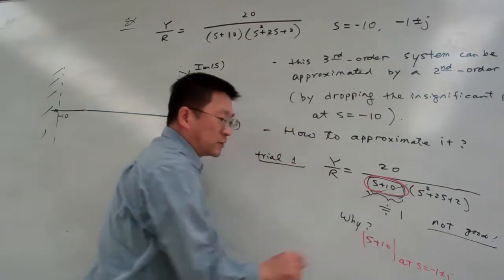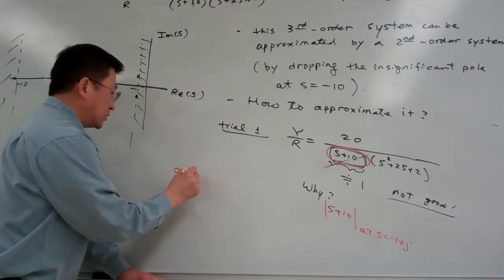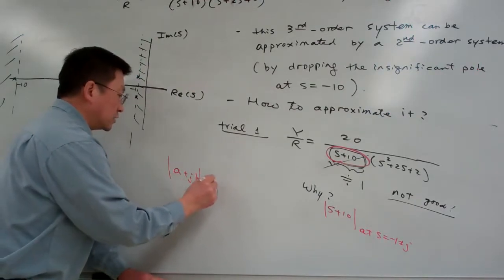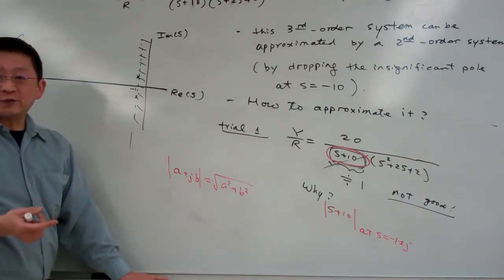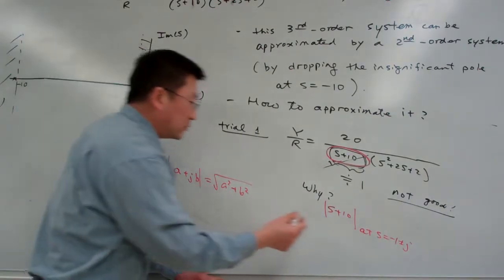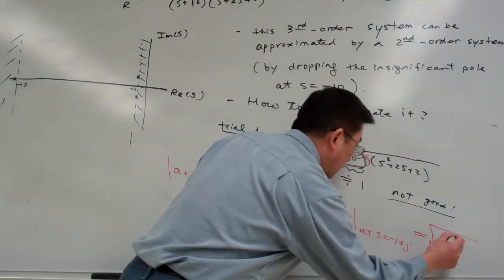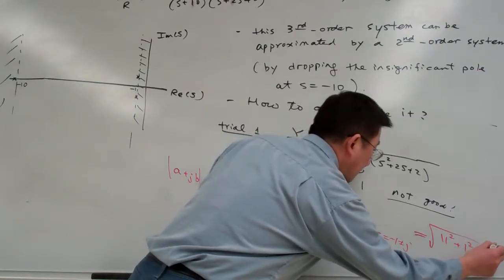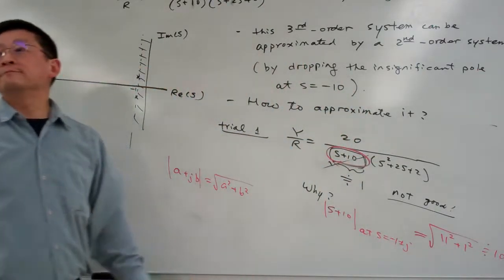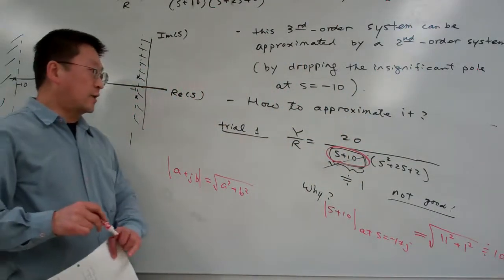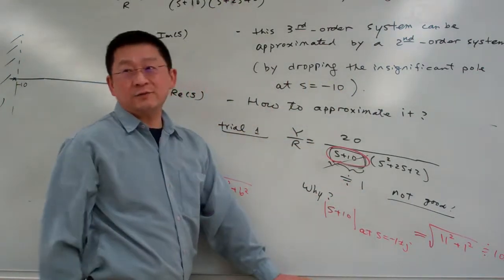You calculate its magnitude. If you remember, for a plus bj, the magnitude is the square root of a squared plus b squared. Right now we're doing complex algebra, okay? So here you calculate this one. It is equal to the square root of 11 squared plus 1 squared, about 10 something, say 10.1, okay? You see, at the dominant poles here, you try to approximate 10 by 1. It's not good,